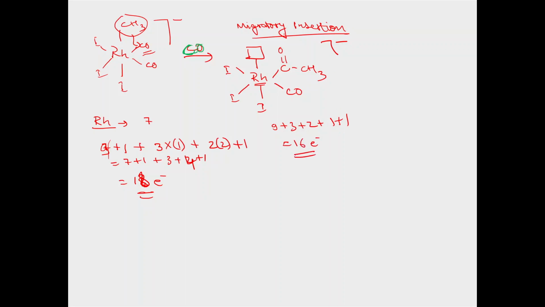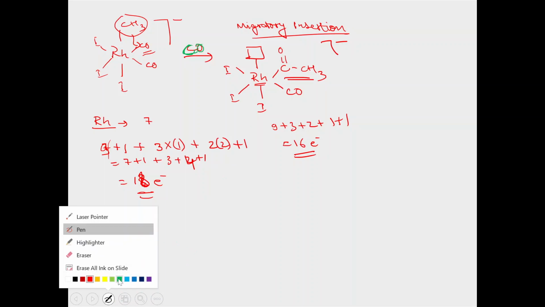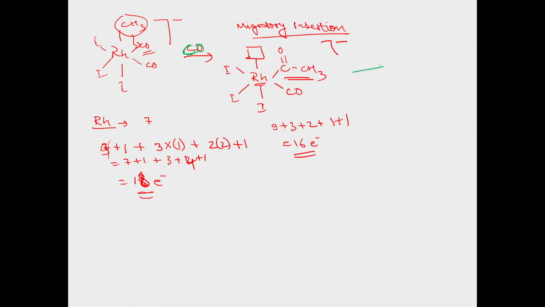Because COCH3 also gives 1 electron. Okay, acyl, this is an acyl group. So acyl group also gives 1 electron to this metal center. So now we are having this. Now what will happen is this incoming CO, which is given in the question, will attack and we will get this complex,